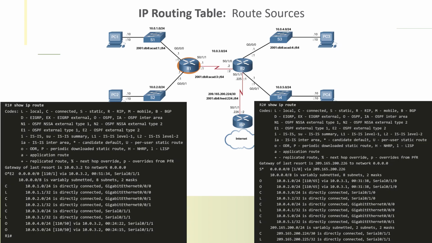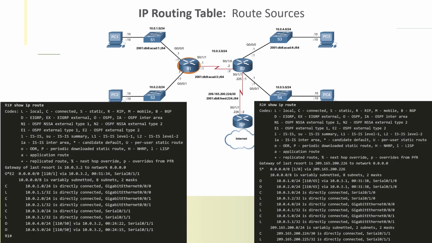For example, if we are router 1, we can see that we are directly connected, by the code C, with the 10.0.1.0/24 network through GigabitEthernet 0/0/0, and we can reach this network through the interface GigabitEthernet 0/0/0 with the IP 10.0.1.1/32. And also we have the code O that identifies a dynamically learned network from another router,